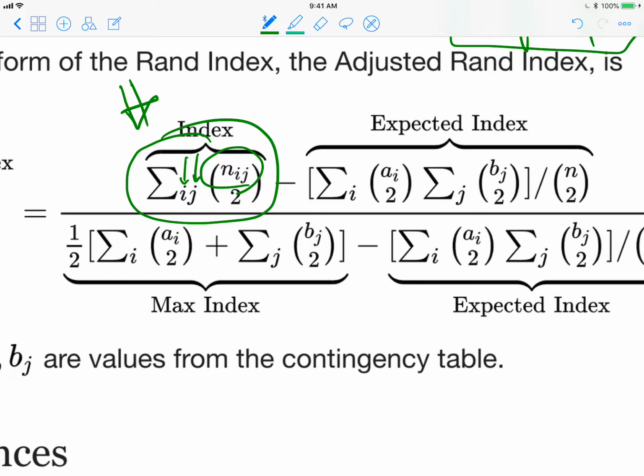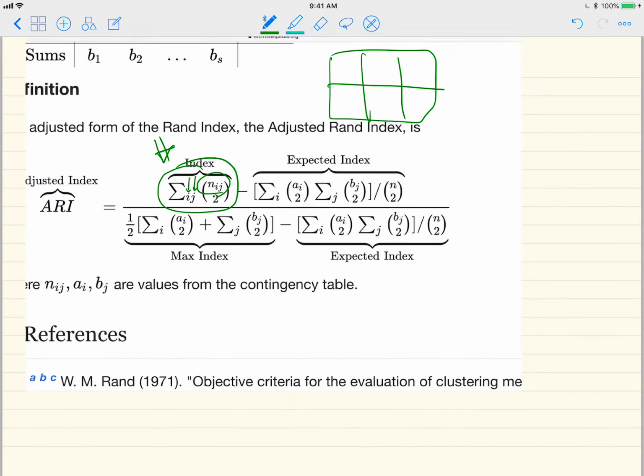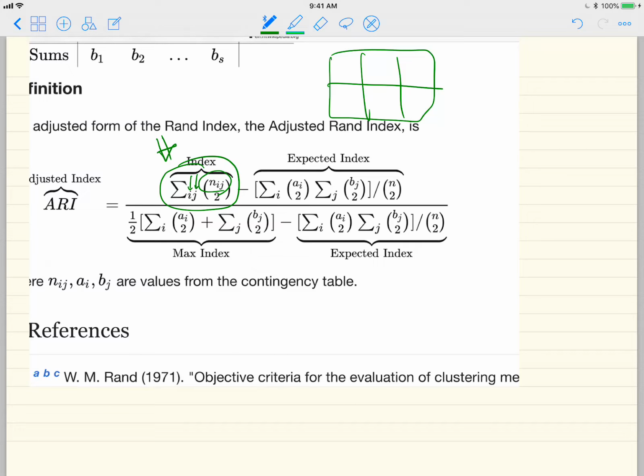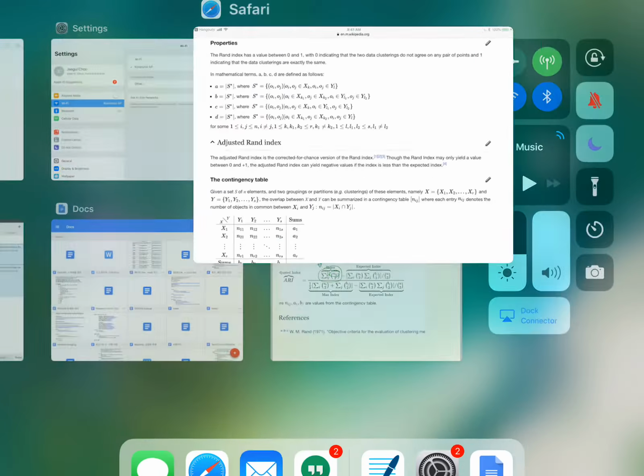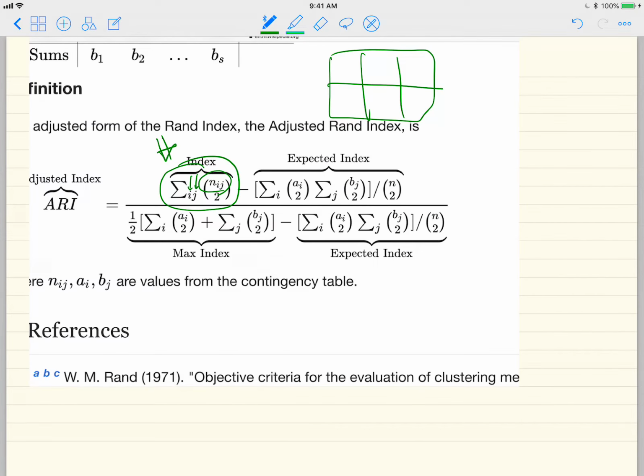And then what about the denominator part? Okay, so the denominator part is as follows. Previously it was just the n choose 2, but in the case of the adjusted one, we consider its maximum or ideal value over here. And the ideal one is